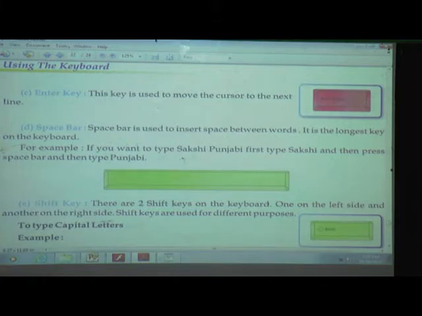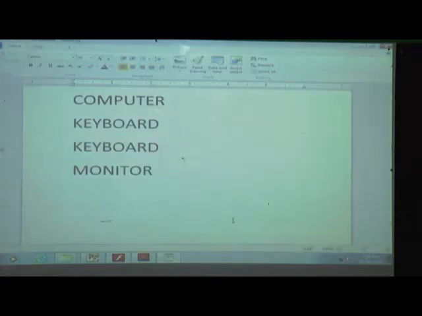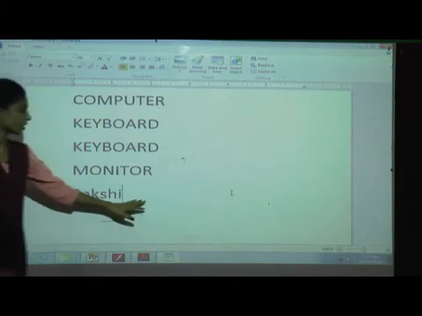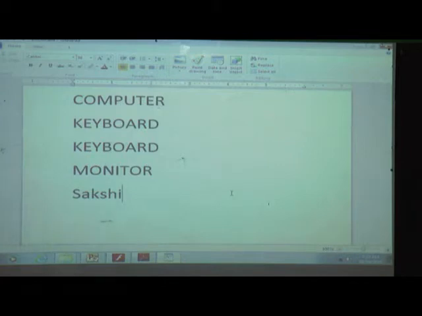We will see here. If you want to write Sakshi Punjabi, okay, Sakshi. What is the spelling of Sakshi? Then if I write continuously, I have to write only P capital, so I press which key?